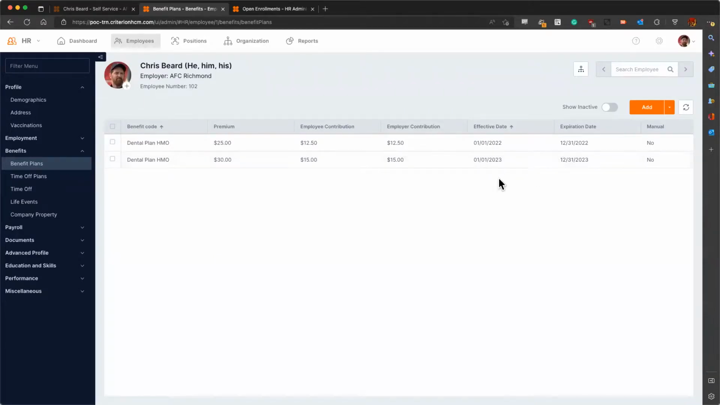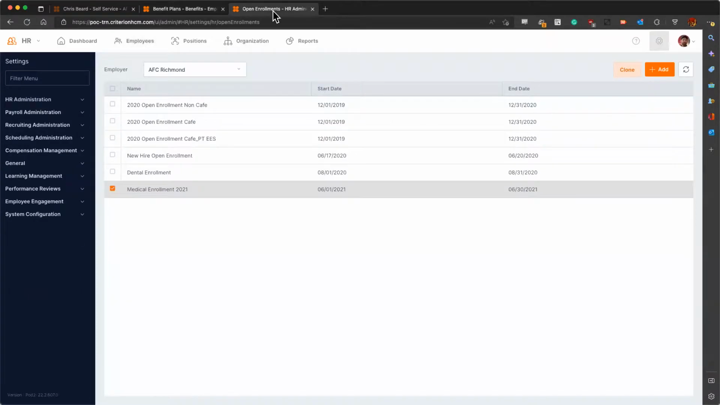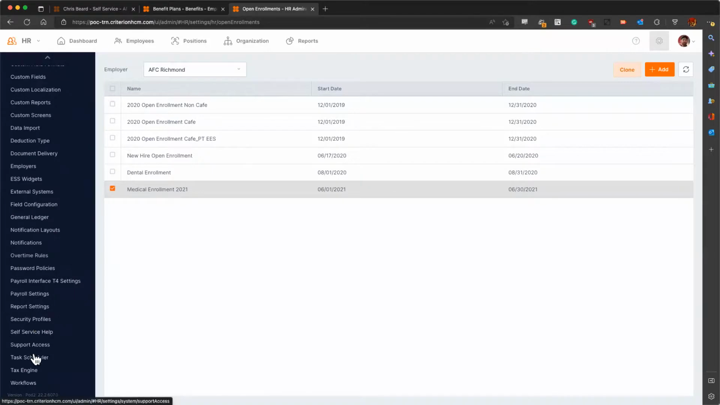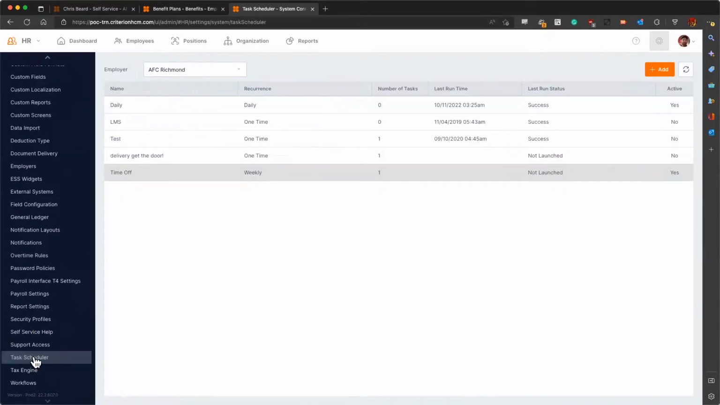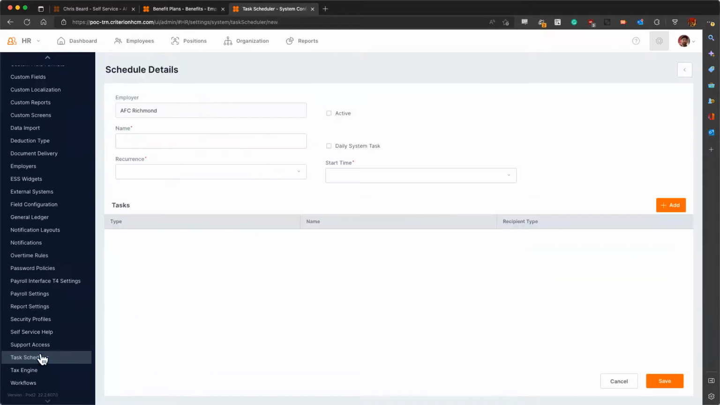All right. One other thing I wanted to talk to you about is that task. If you wanted to automatically recalculate, so I didn't have to remember to do that, or maybe just as a catch-all, just in case you forget to do that calculation when you're adding the plan to the employee, you can add a system task for that. So again, I'll come here to the task scheduler. I'll call this benefit